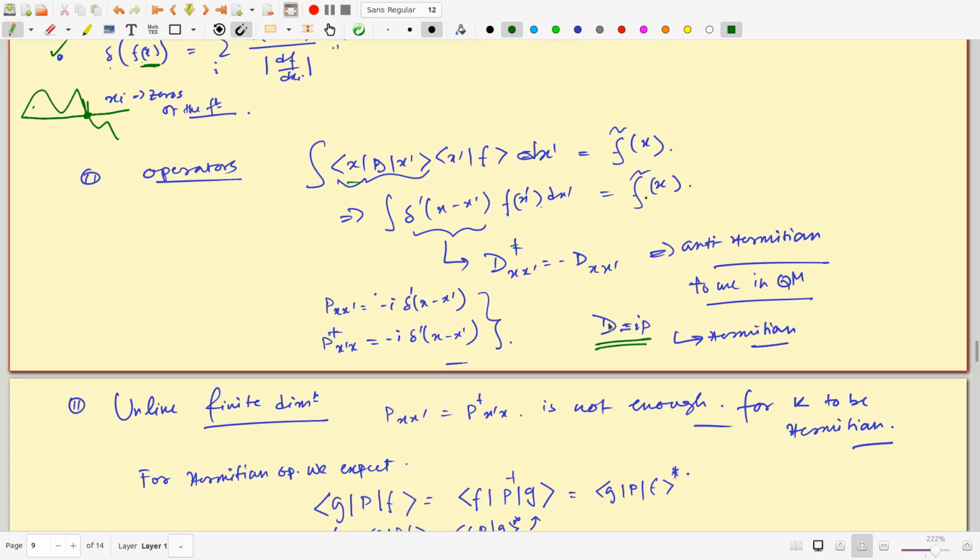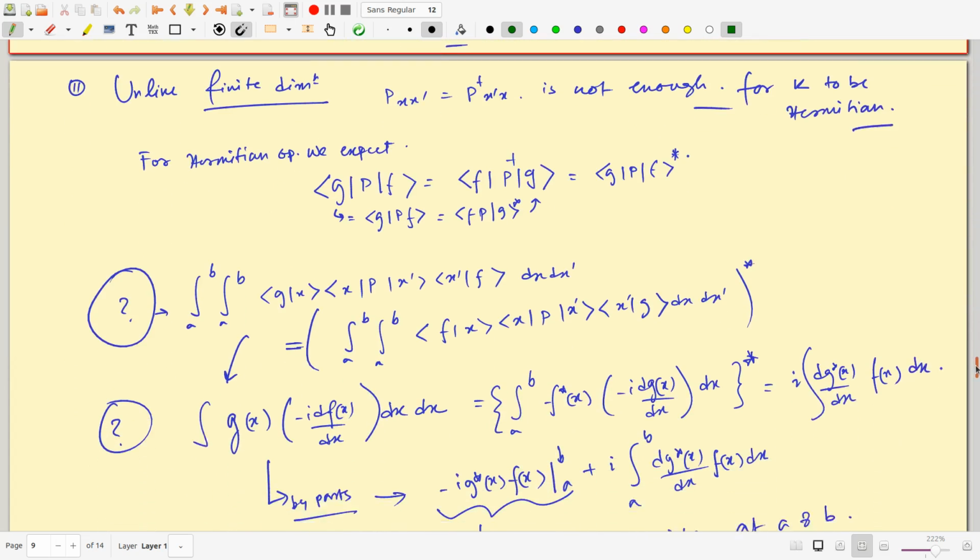If I replace the D by iP, so I should have used this sign because D is not equal to iP, but I replace it by iP, then this P can be a Hermitian operator, and that can be thought of as a physical operator. So a d/dx operator is not a legal operator, but an i d/dx is a legal operator in quantum mechanics because it's a Hermitian object. So now, is that enough for P to be Hermitian? Turns out it is not, because this tells you the operator is Hermitian, but it still doesn't satisfy what we need, why we want it to be Hermitian.